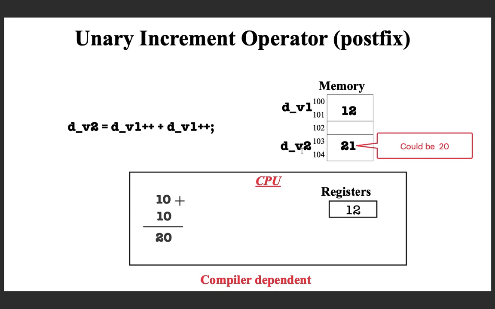You just try in your compiler what you are getting, and you can also try with a number of dv1 plus plus in the RHS and observe how the value differs and try to understand what is going on. So that's unary increment, and it's not advisable to use the plus plus operator like this. This is confusing actually, and the semantics is not very clear because it depends on the compiler. And later you can see why. You may think, then why unary increment? It is confusing, right? Later we can see a nice application for this.